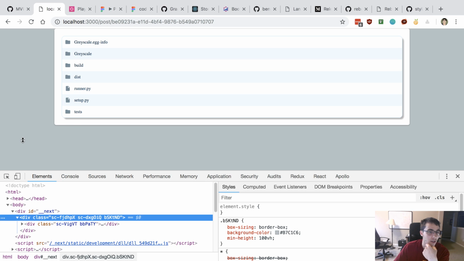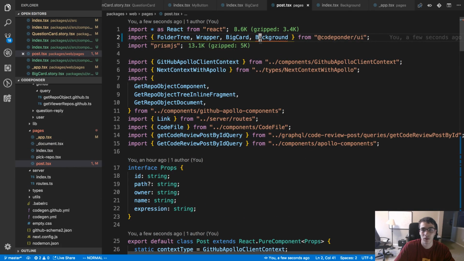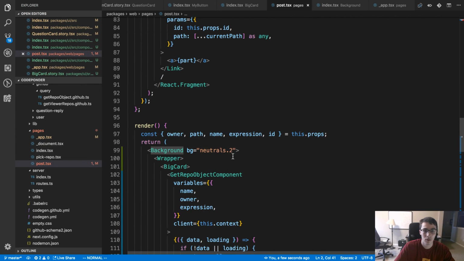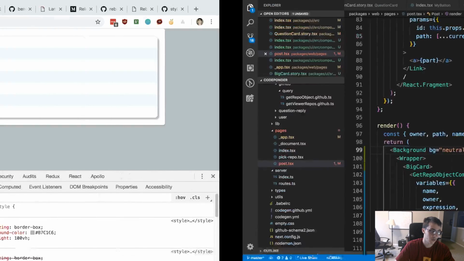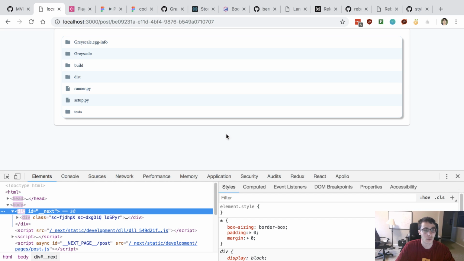Nice, now it's the full screen. It needs to be way lighter. Cool, that looks like the right color now.